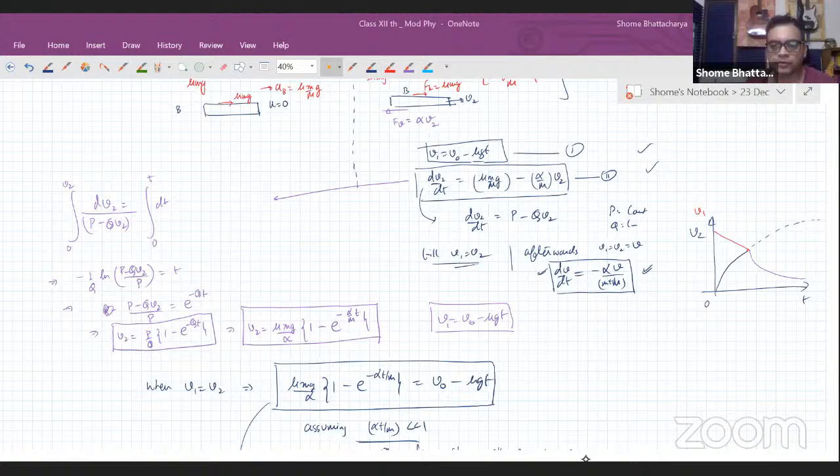I'll show you an example of the demonstration why viscous force is non-conservative. But anyway,